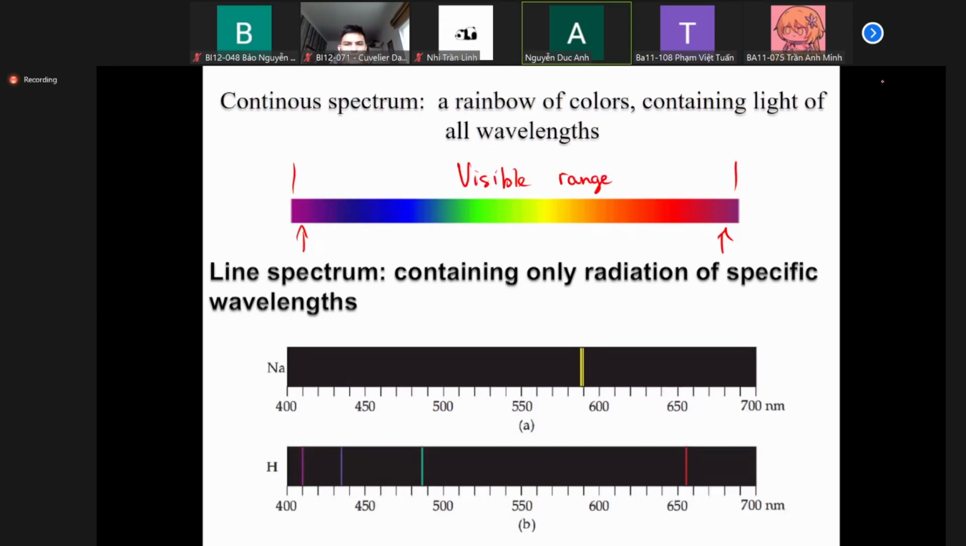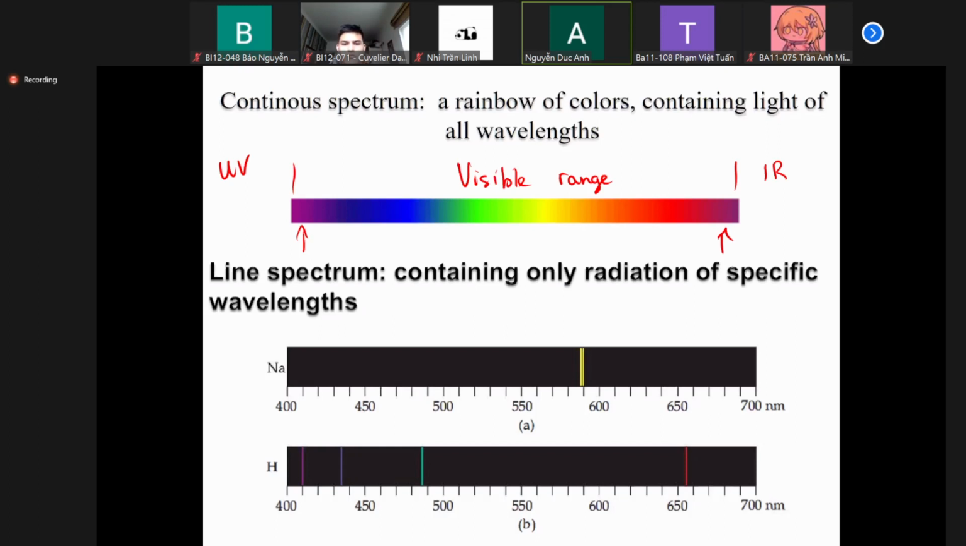Longer than the visible range, you have IR or infrared. When you feel something hot, it comes from infrared. Shorter than the visible range, you will have UV rays. The trouble with your skin when you are exposed to sunlight for a long time comes from UV light. So it's UV light, visible light, and IR light. And of course, we can continue to some other kinds of